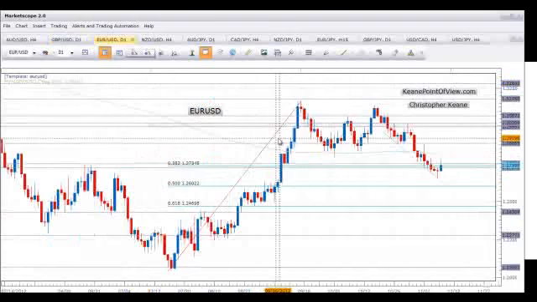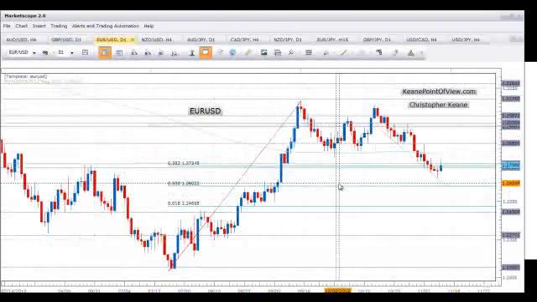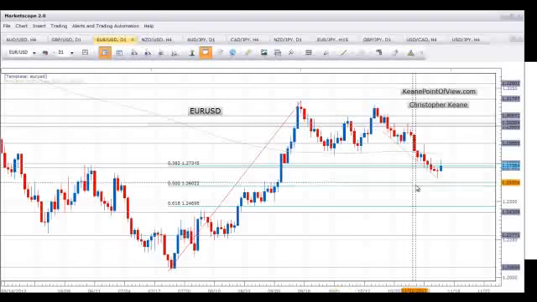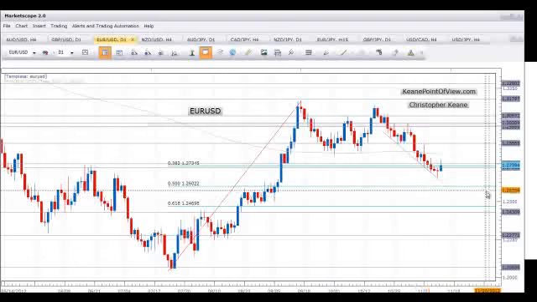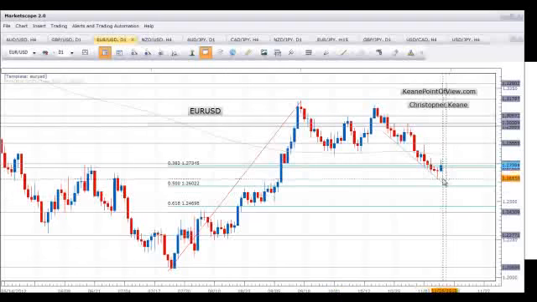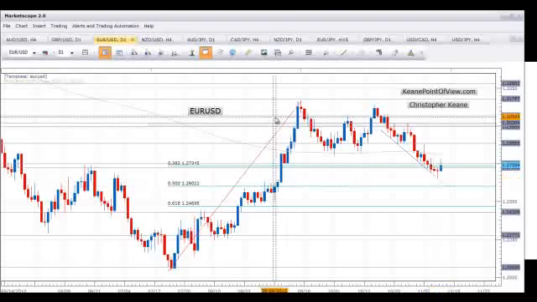The last pair we're going to take a look at is the Euro USD, because it's battling its own battle right here at the support between 127.34 and 127.50. If we get a bounce back up from this level, we could see a push up to the 128, so forth, and 129. But if the pair continues to fall, we could definitely move down towards the support level around 126.40, followed by 126.02.